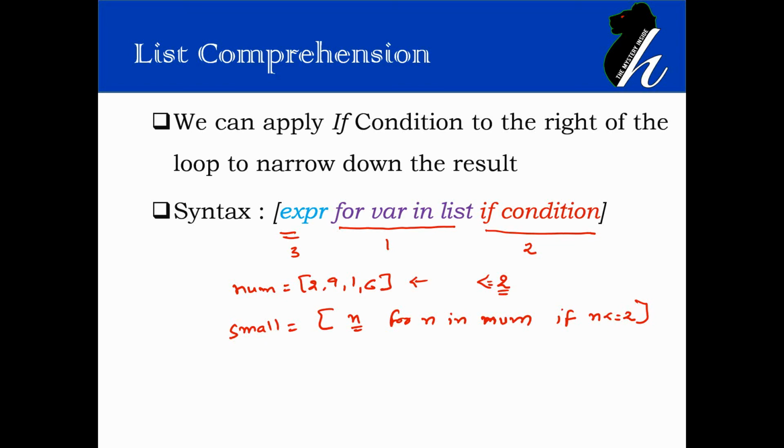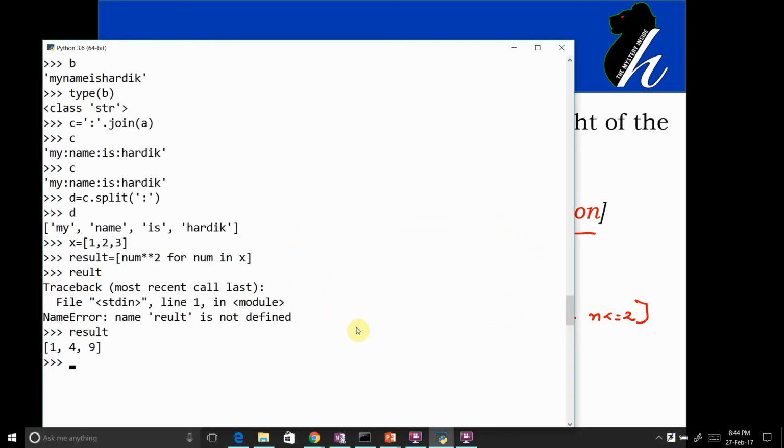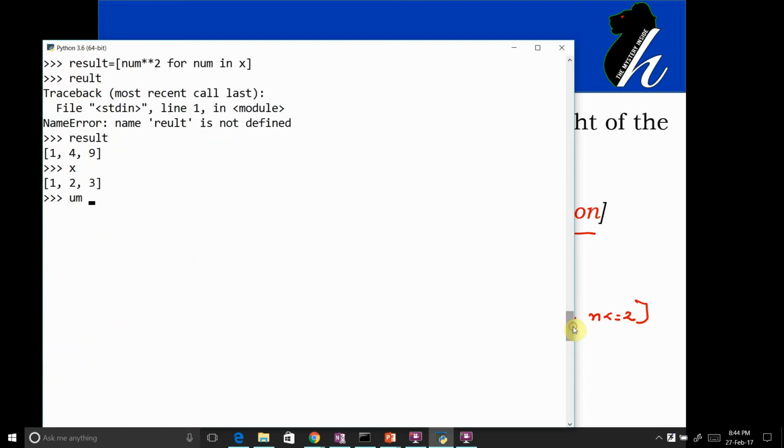Let me just test this particular program. Let's say we already have X. Okay, so let me just have another list, number equals 1, 5, 6, some random value, 0. And I wanted to extract elements which are less than or equal to 2. So how would I do that? Final equals, I wanted to apply list comprehension.